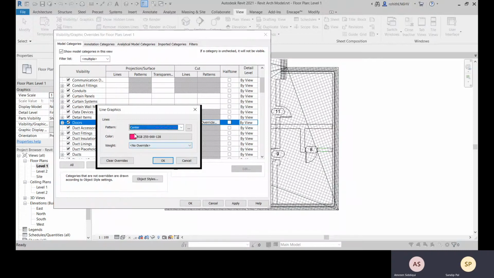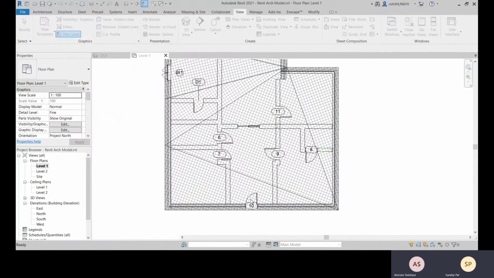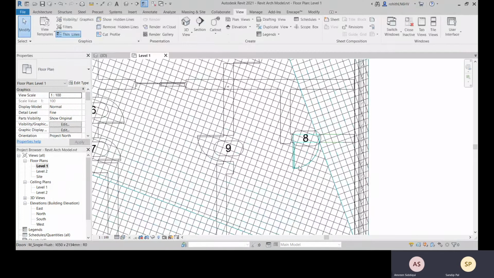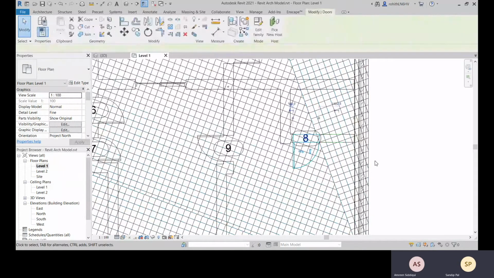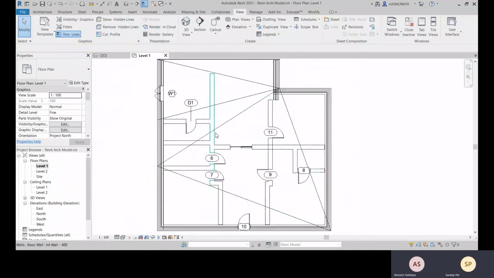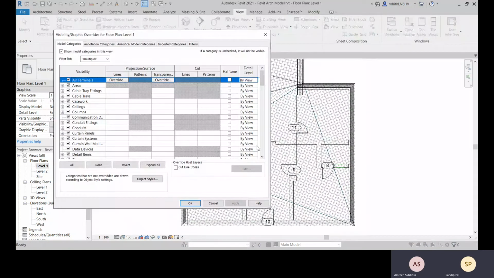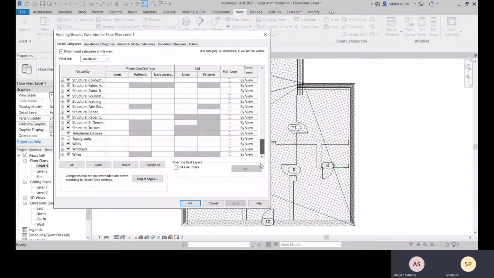Let me change it to center. Okay, let me go with the wall.